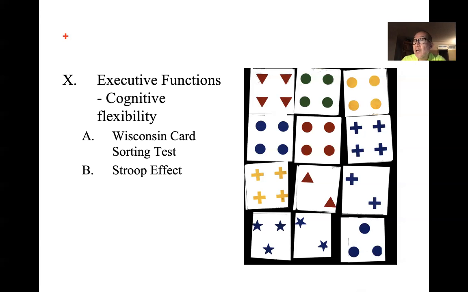Now, the thing that can happen, and the examinee is told this, is that the code will change at some point. If it's number at one point, it'll change to shape or color. So if they're saying number, you say correct, you lay down a card, number, correct, number, correct. Now, then it may switch to